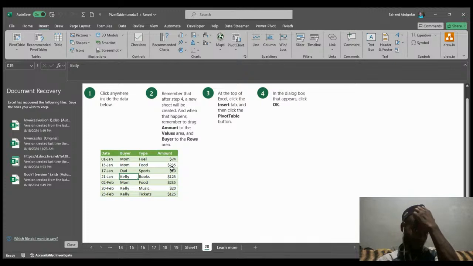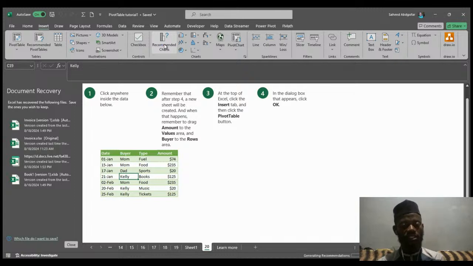So in this now, here, mom and amount, mom, dad and Kelly, then the amount. Now click on this recommended chart. Once you click on this, look at this one now. This type of data that you see,